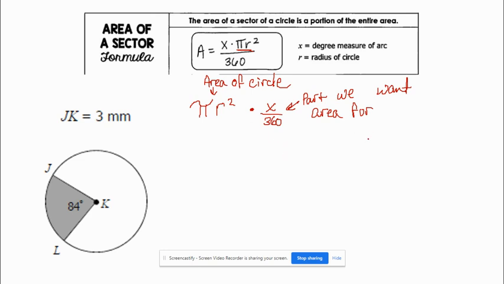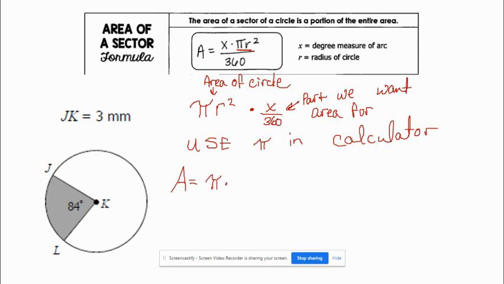You are going to want to use the pi button in your calculator as you're working on this. Okay, so all we're going to do to figure this out is to get the area of this sector, we're going to do